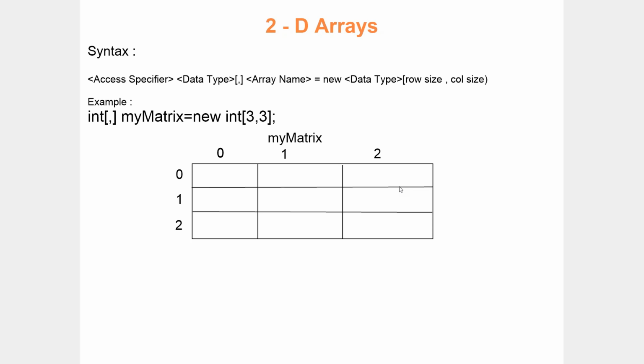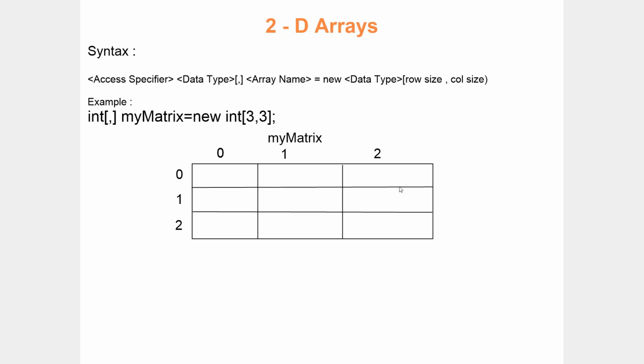That's fine. But how to accommodate those elements into my matrix? If we simply tell a system, hey, accommodate this element into first location, coming to compiler, your system is a dummy. It doesn't know anything about your collection. It doesn't know where to place the element. It doesn't know from where the element needs to be picked. So everything should be instructed by the developer. Everything should be clearly mentioned. Then only it will be able to accommodate your elements into respective locations, right?